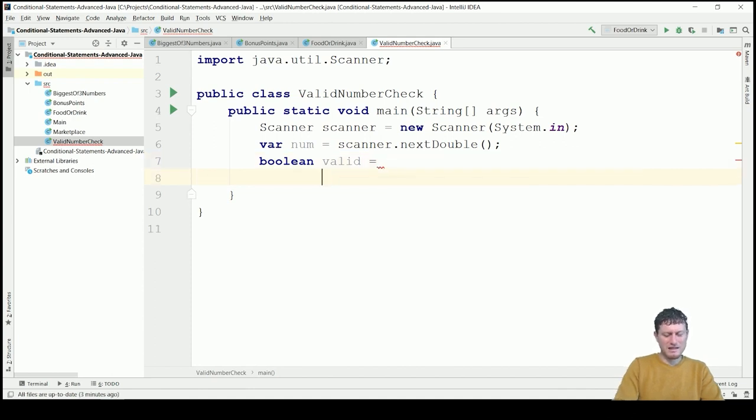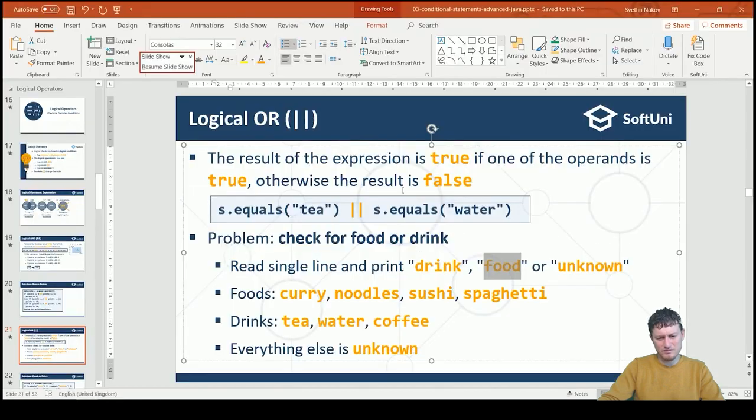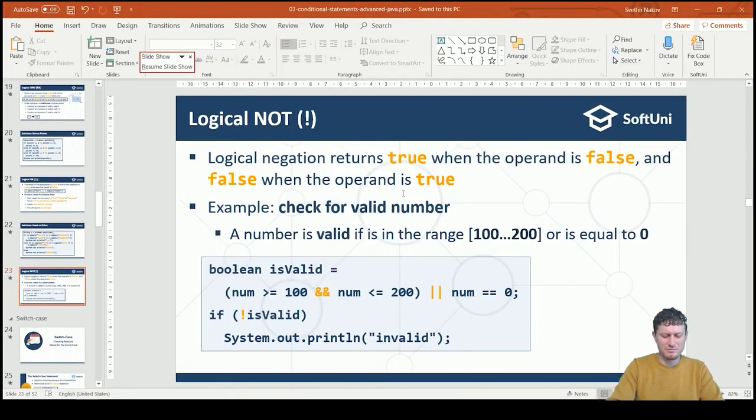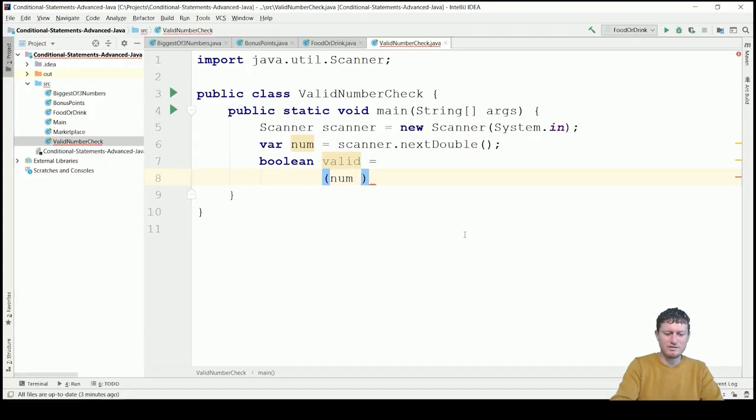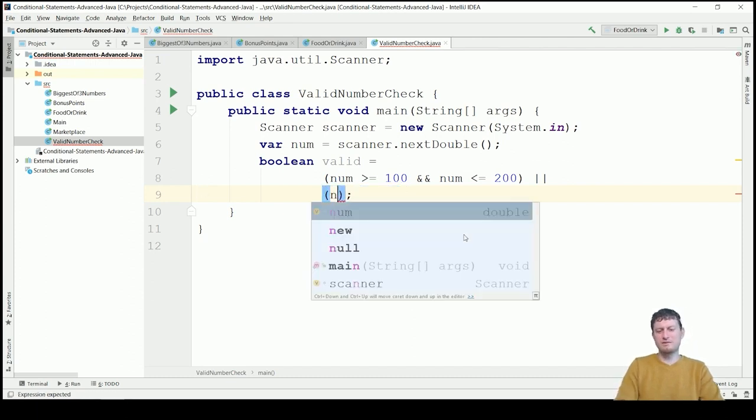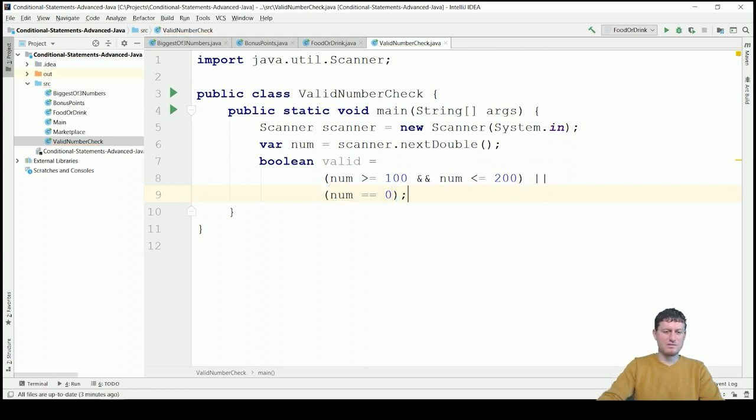Num is, let me see, in the range from 100 to 200. Num is bigger than or equal to 100, and at the same time num is less than or equal to 200. This means that it is in this range. Or this happens: num is 0. If one of these cases happens, the value is valid. If the value is not valid,